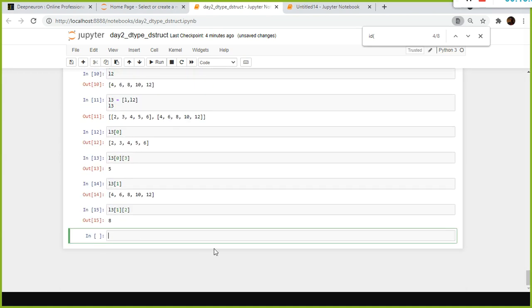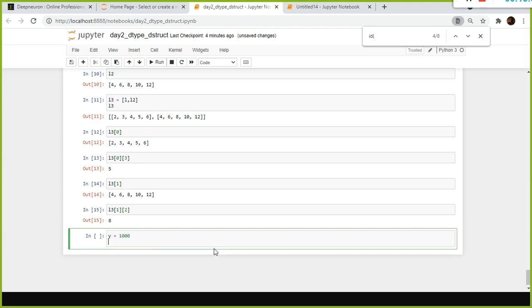Now let us do one thing. I am going to say y is equivalent to, let's say, 1000, right? And z is equivalent to 1000. Or they mentioned 256, right? Let me do one thing, 257. We will use 257 to check.